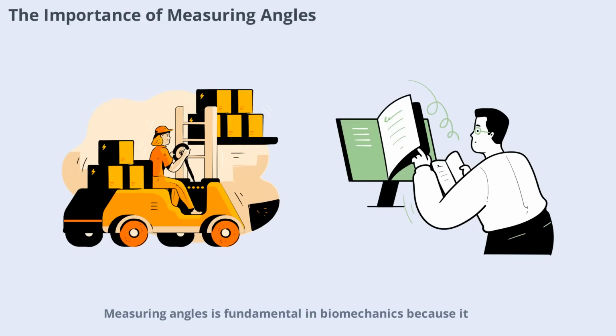Measuring angles is fundamental in biomechanics because it allows us to quantify how the body moves. Whether you're a physical therapist, coach, or researcher, understanding joint angles helps in assessing performance, diagnosing issues, and tracking progress. Accurate measurement is essential for comparing movement patterns and ensuring effective interventions. In this scene, we'll see why precise angle measurement is the backbone of movement analysis and how it impacts both